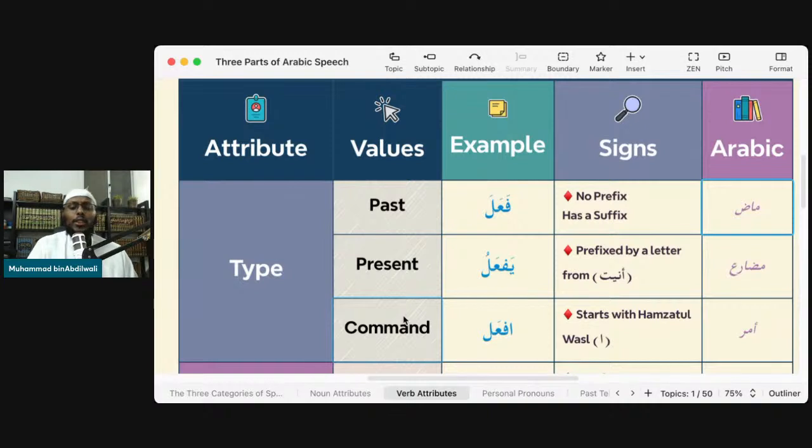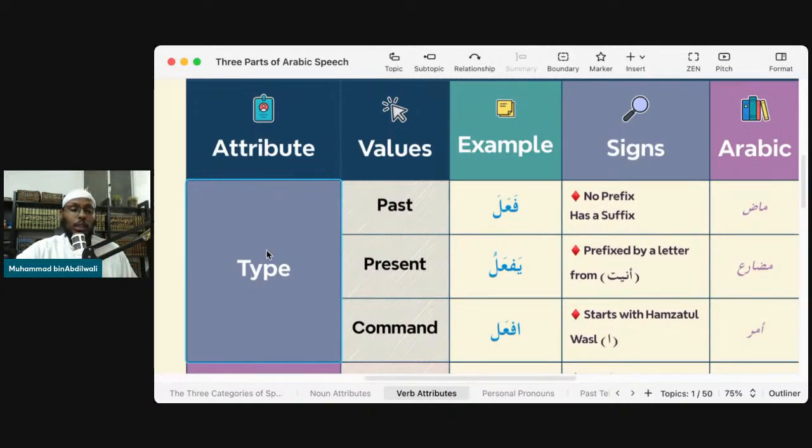Now, if you look at this, you're going to say past tense, present tense, Ustad, where's the future tense? Well, that's why I said types of verbs. I didn't say tenses of verbs. But if you look at the books of grammar, they say these do represent the three tenses. Why? Because you have the past tense and the present tense, and the command tense is kind of the future tense. If I tell you to sit down, when are you going to sit down? After I said it to you. So the command verb only ever happens in the future.